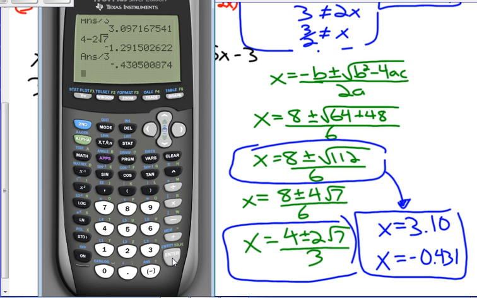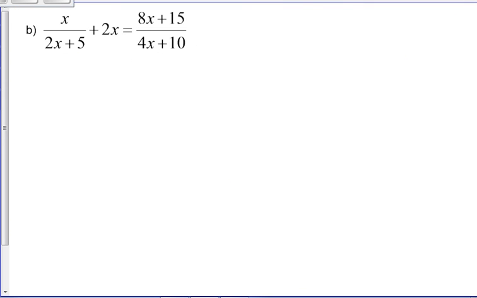We'll do one more where we're looking for the LCD. We're looking for the restricted values. And before you can find the LCD, you should always factor your denominators. Because if you don't, here's what you might think. You might think that the LCD is one of these times the other. And while it's true that that's a common denominator, it's not the lowest one, and it's going to make a big mess for you. If first we factor,